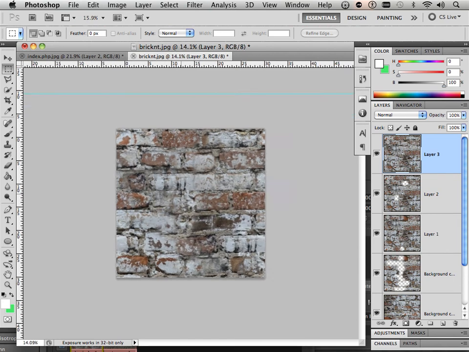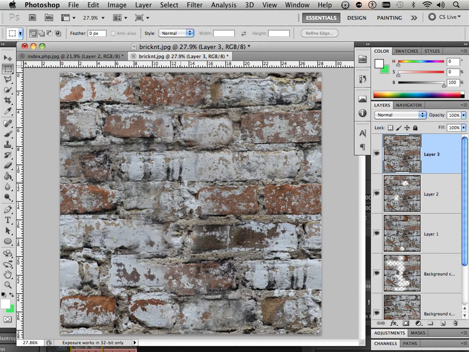I can see that brick right there, and the only thing that makes it annoying is the 3 lines. Look, it appears here and here. So those are the bricks that you have to get rid of, either by using the clone stamp tool, or another thing I like to do is taking a brick from maybe over here,